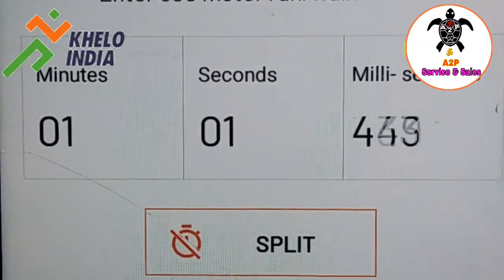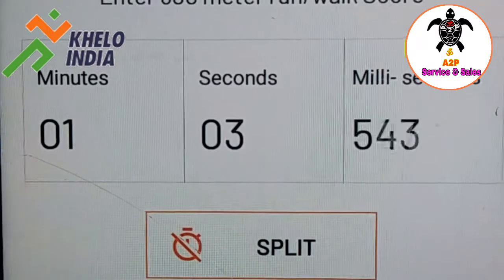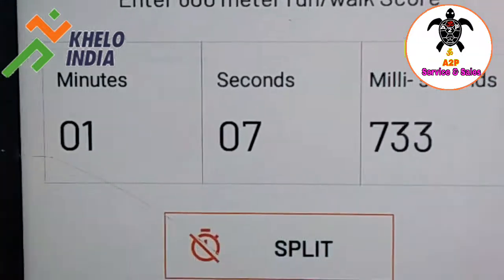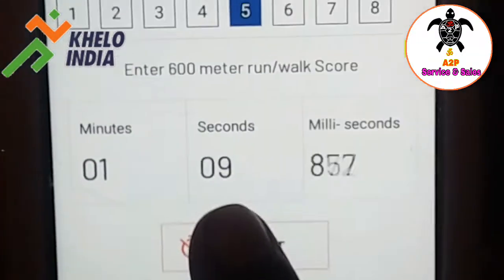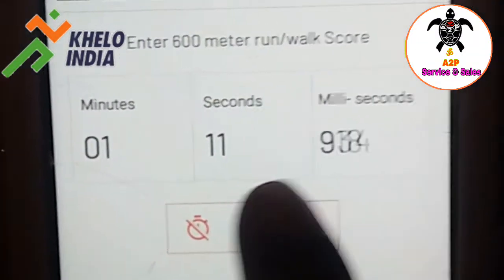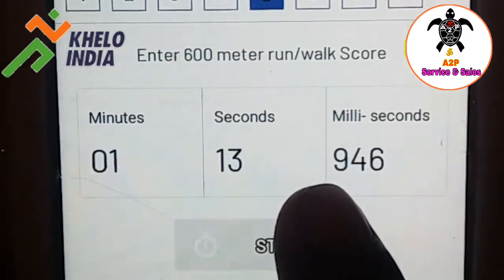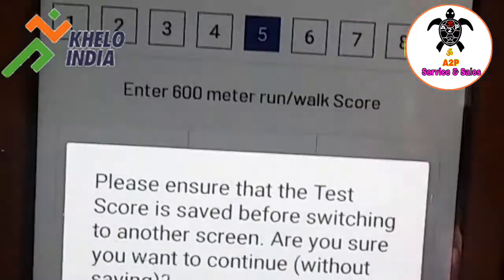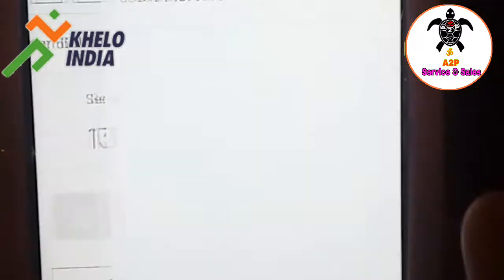No need to maintain the record. Automatically this app will maintain the records, and for first term and second term you will get the report cards. Now you can scan the ID and save the data.